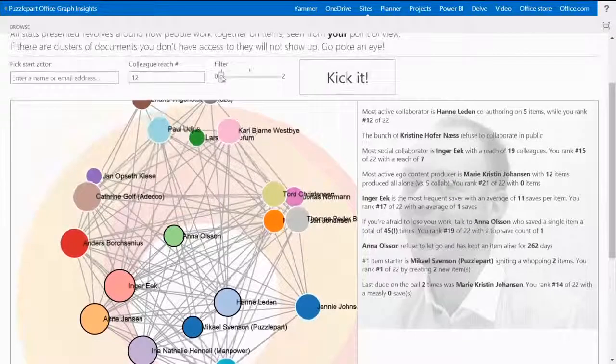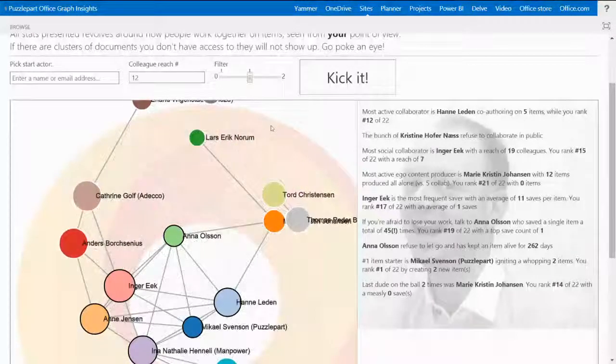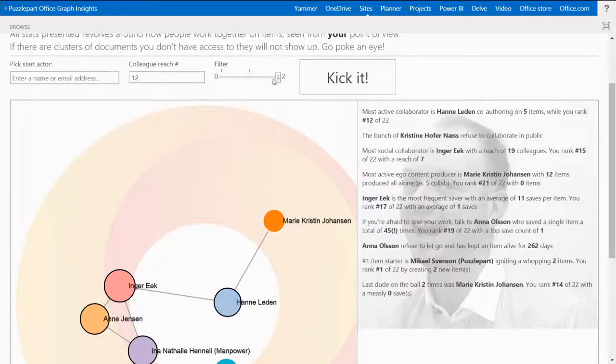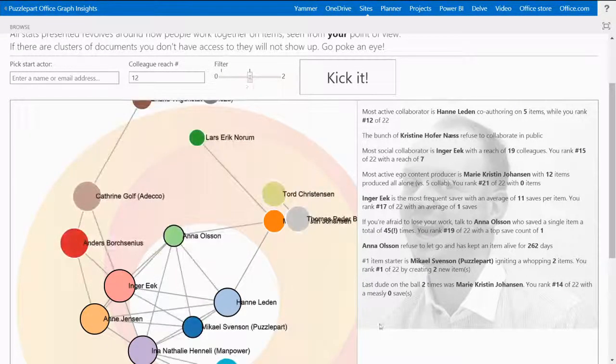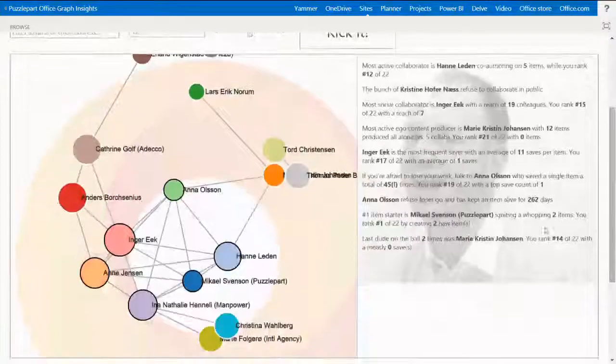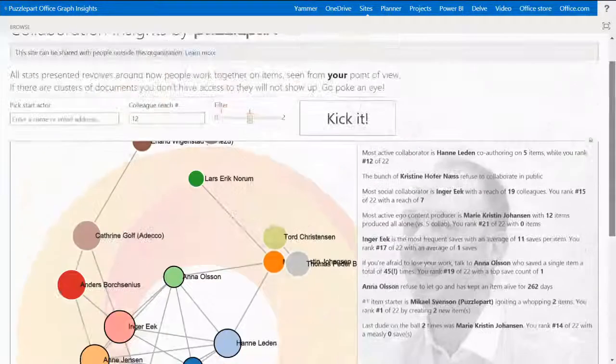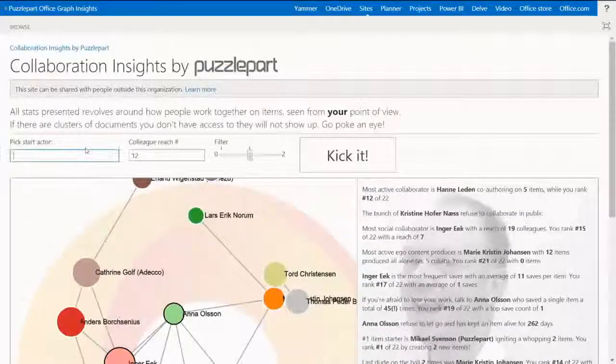So we have a lot of circles there. Since there's a lot of lines, we can filter and show only the ones who collaborate on at least 2 documents, or we can do even more, like at least 3 documents, just to make the graph smaller. So am I an actor if it's on the Microsoft network? Yes. So we could have a people picker. Are you sure you want to do this? Let's see what I'm working on. Yes.